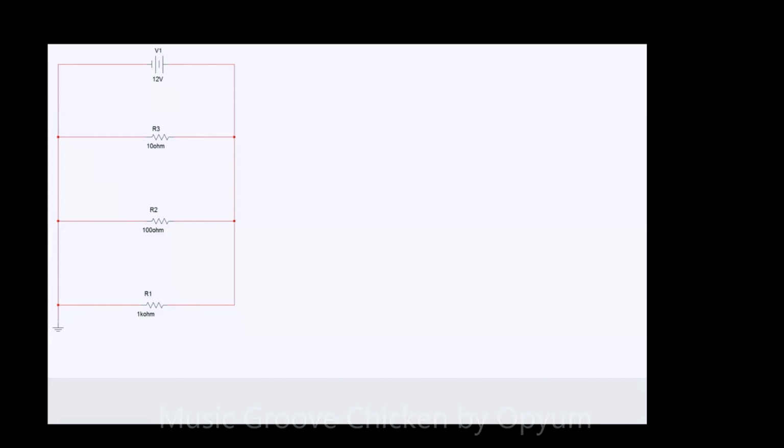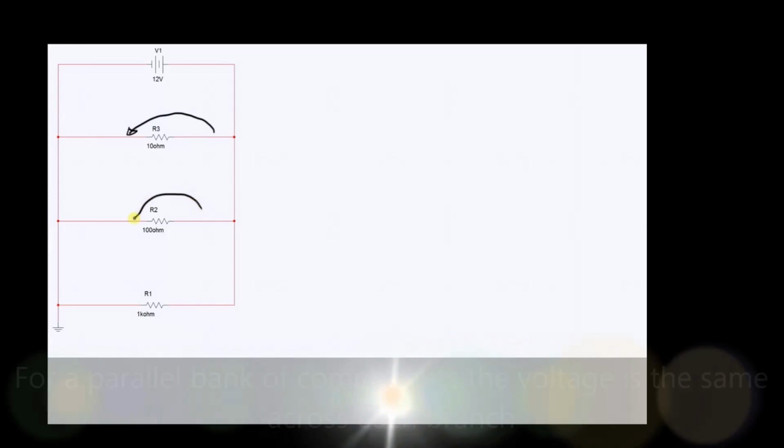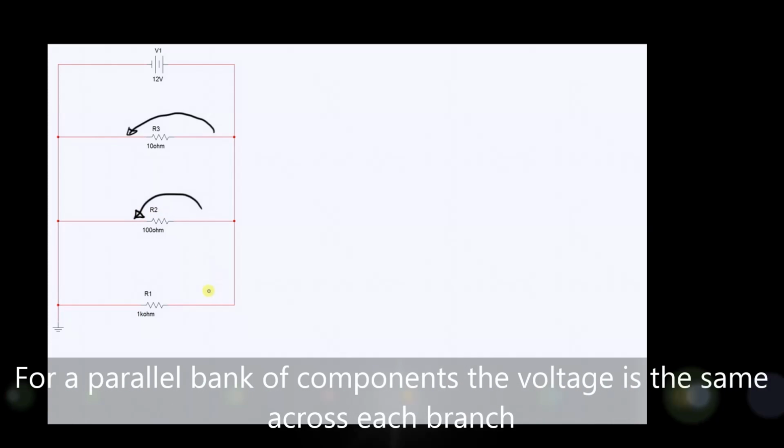As with a series circuit, the first thing we do is work out the total resistance. But I'm going to do this in a slightly different way to normal. I'm going to make a point, and it's a point you should always remember with parallel circuits, and that is the voltage across R3 and across R2 and across R1